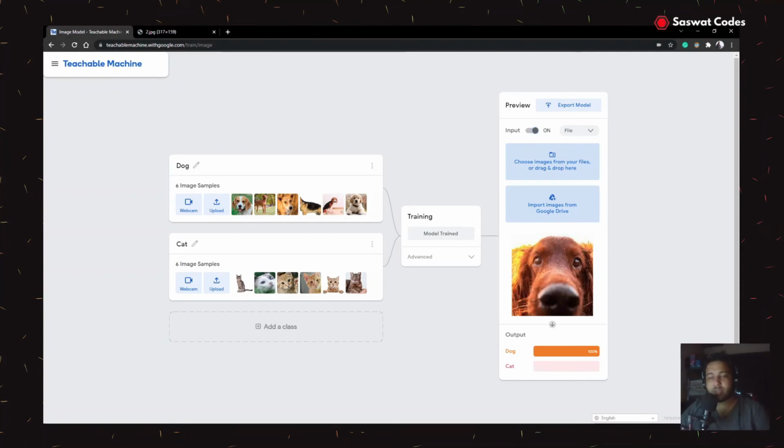Now you can see in this video how easy it is to train our data and get the actual prediction. I know we have taken very little data. You can take 60 or 100 or 160 images over here also and train your data. So this was a short video regarding Teachable Machine. In further videos I will be explaining how to use it in our website and how to embed it in our website. With this I would like to conclude.